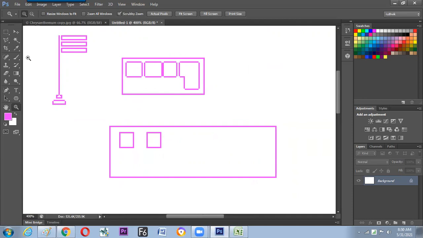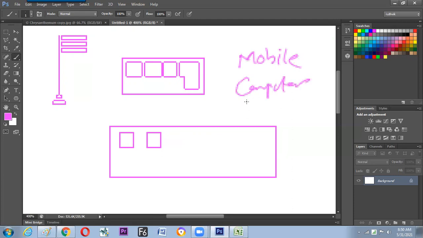A lot of things can be done. Example like mobile, computer, book. Mobile structure, how does the mobile structure look?